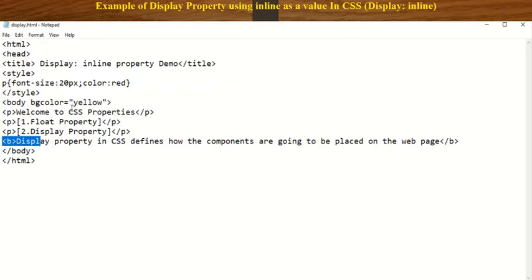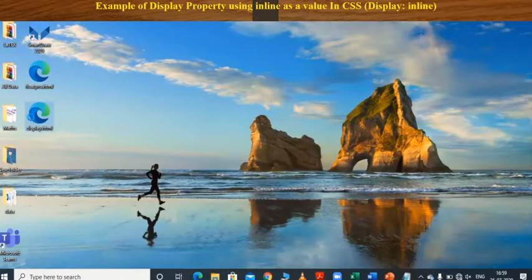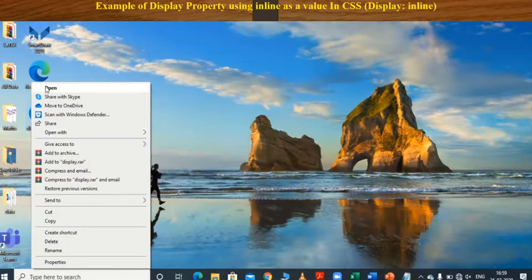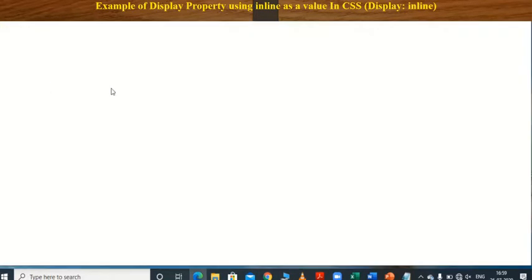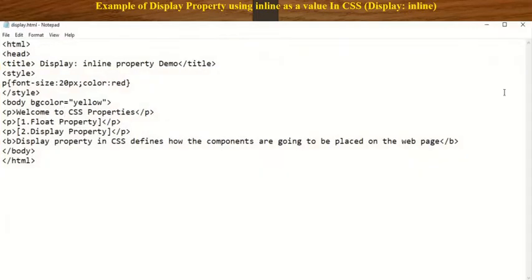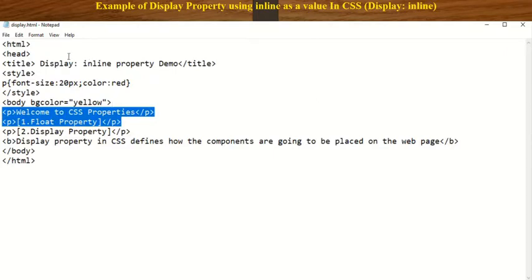This code does not include the display inline property. First we will execute this code, and after that when we insert the display inline property, you will see what exactly the difference is. So first of all, execute this file. This file is saved as display.html, and then open it. So you see that the text